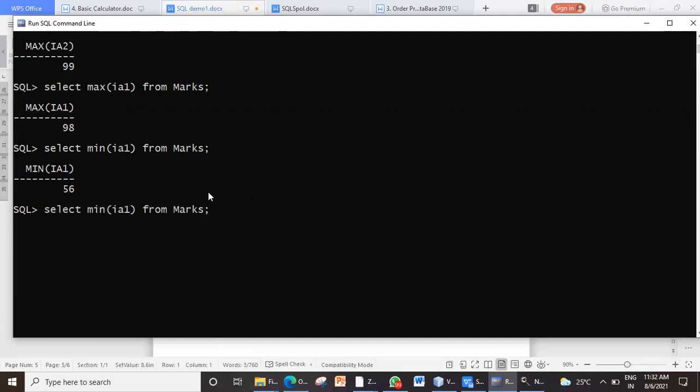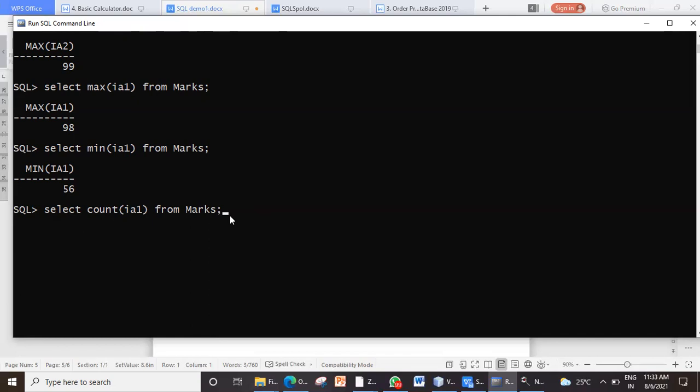Now we'll say count. Count means it will count the number of rows. And normally this is how we have to specify the column. When I say count, okay, before that, let me just show you.